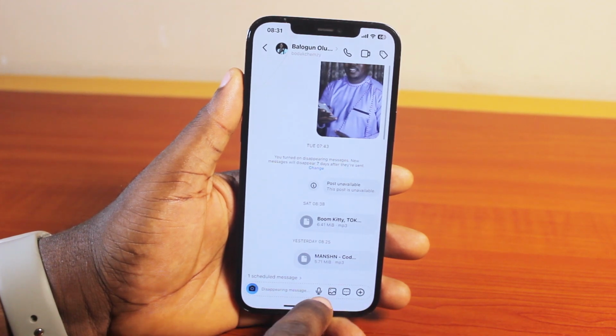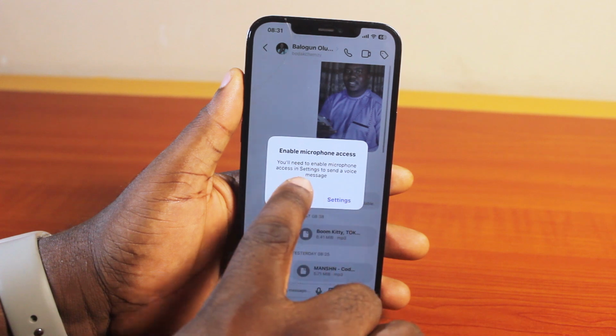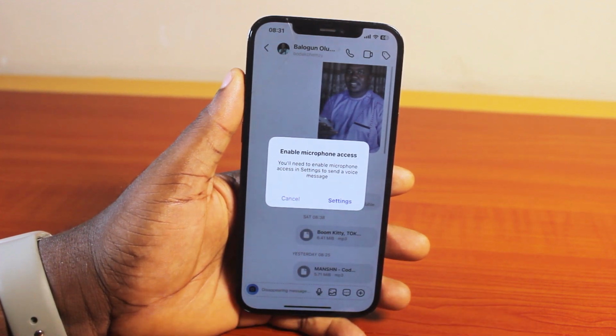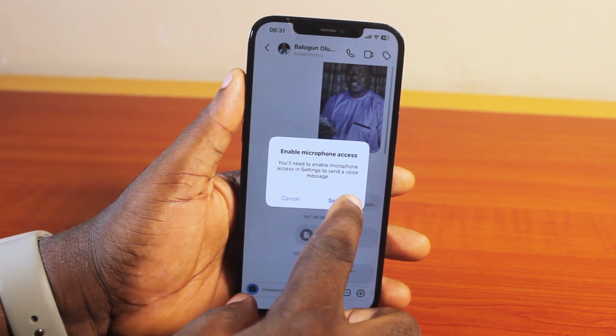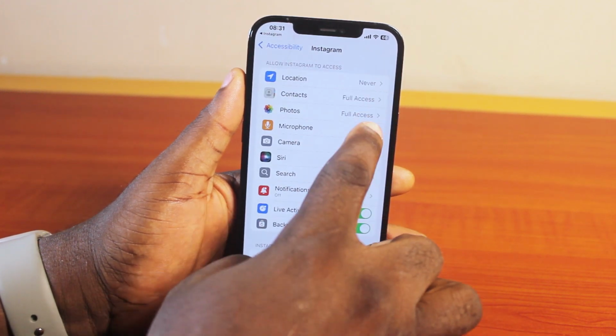Now you should see a mic icon. So click on the mic icon. Now, you will need to enable microphone in settings to send a voice message. If you disabled microphone, go ahead and click on settings and then enable microphone to send a voice message on